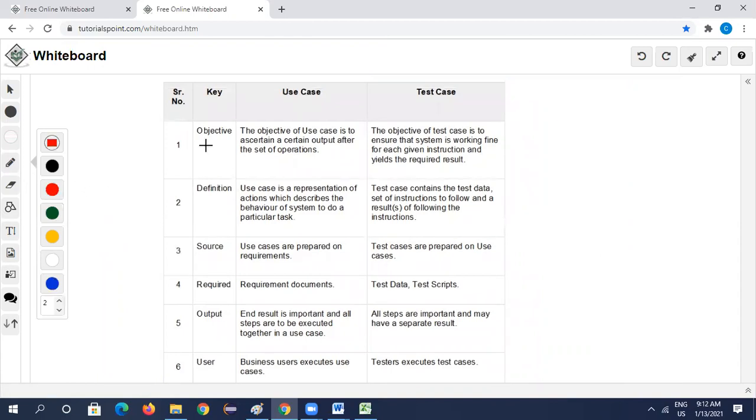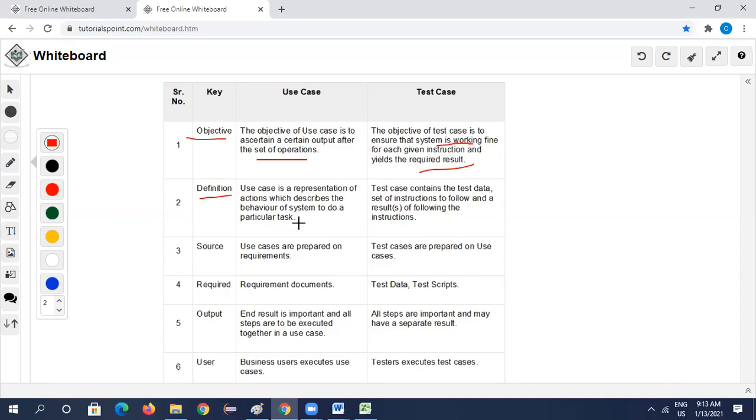The objective of the use case is to get a certain output after a set of operations, just describing the things. In test case, we test the entire system, whether the system is working fine or not. So use case objective is to work on a certain output, whereas in test case we work on all the things, the complete system.